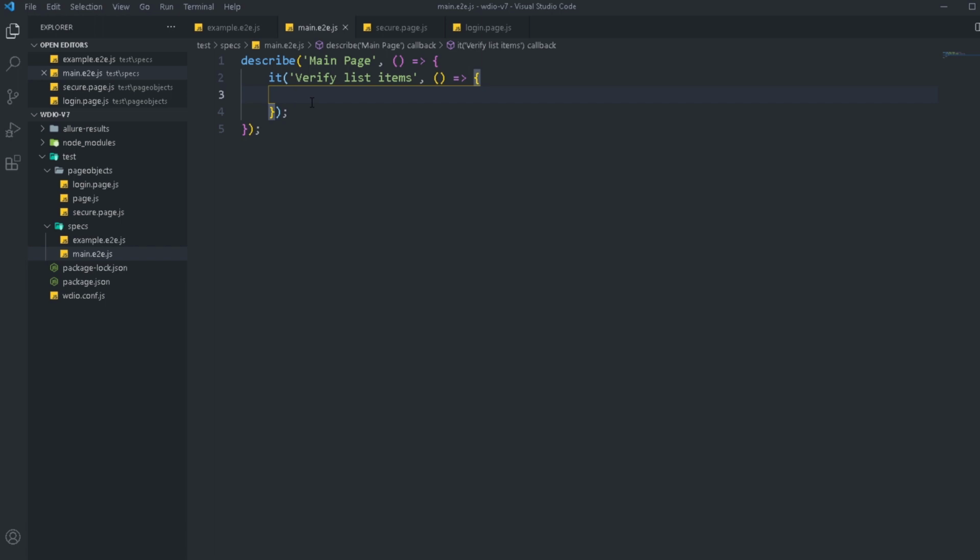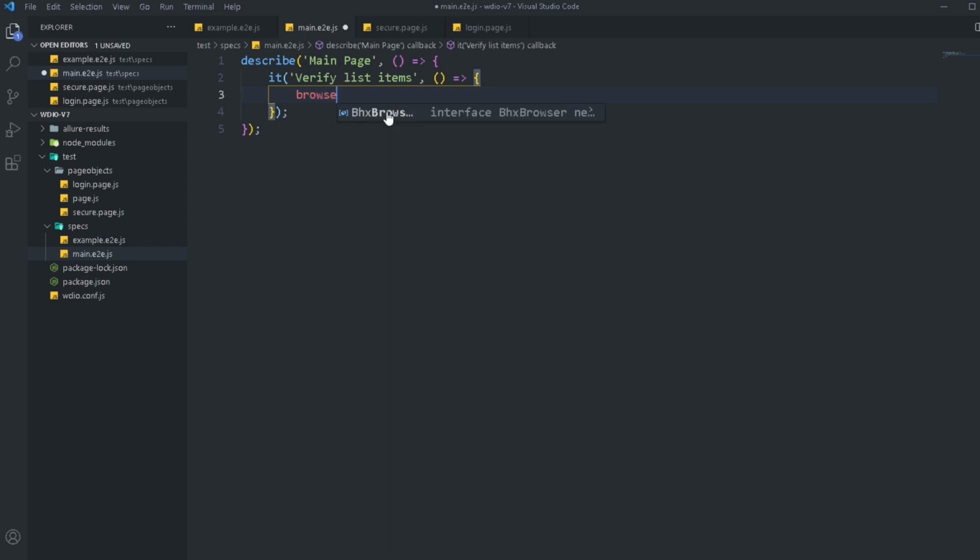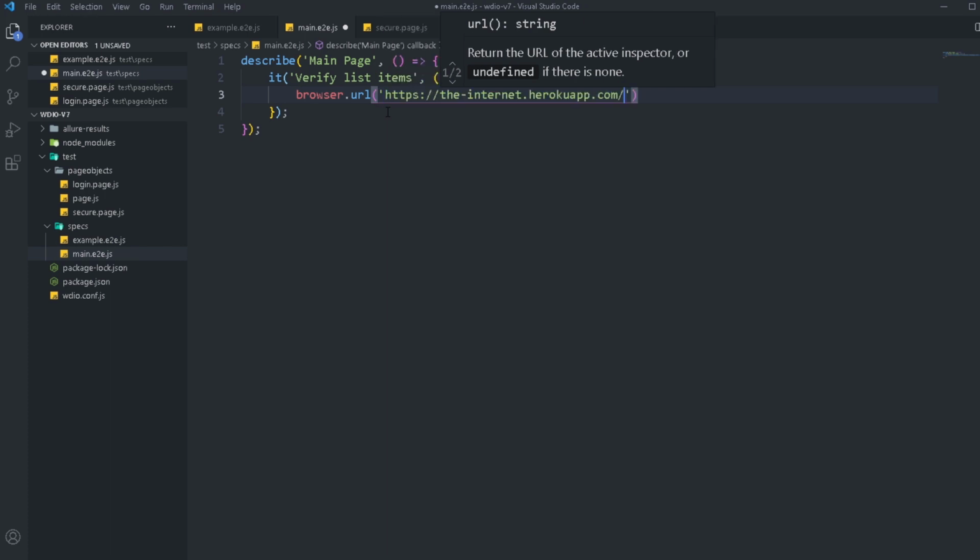The first thing we need to do is go to that particular page. In our case, the page is going to be this Internet Heroku app, and it's the home page. So I want to make sure that I go over there. I can do that by doing browser.url, and then I can paste the entire URL right here. Now this is one way of doing it. The other way is by just putting in a / over here.